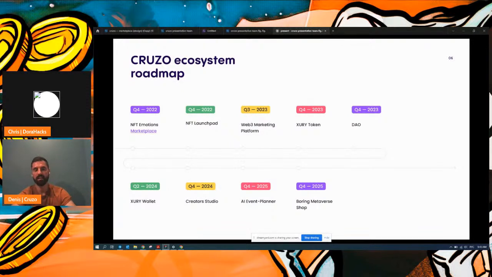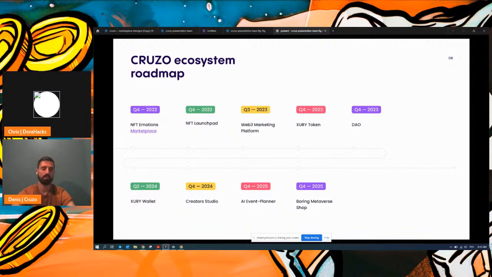So what are we building? We're building an ecosystem. Really, it's not just a marketplace or a platform. It's an ecosystem of products, and we already released the marketplace. You can go to beta.cruzo.cards and play the beta on the testnet. We support Ethereum, Polygon, and Binance.